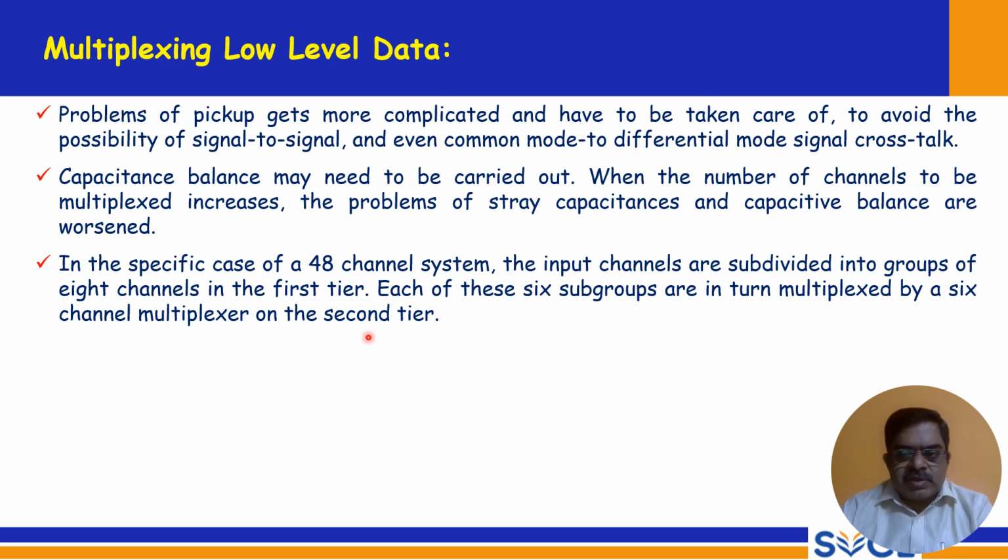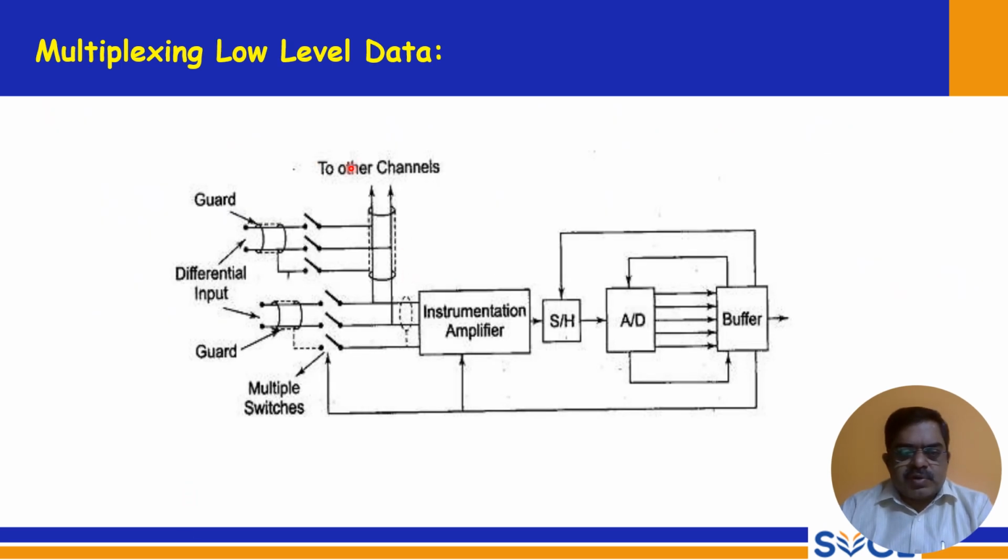So this is the diagram in the next slide. You can see here two other channels. This should be guarded properly, and differential input is given to the channels, and it should be protected to avoid stray capacitances. And you can see multiple switches, and then you have two other channels also, and you can transmit this. You have an instrumentation amplifier, which is a very good amplifier system for most of the